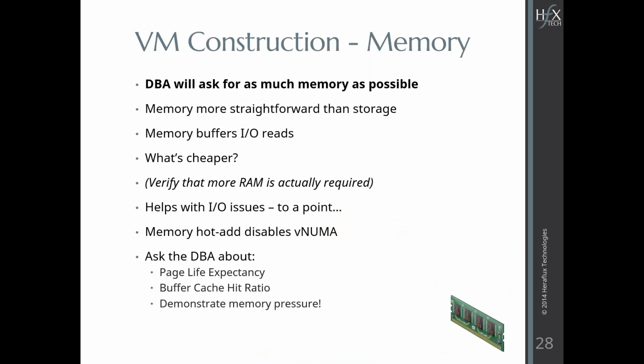Cool. Okay, so we talked about CPU. Memory is a lot more straightforward. Now again, DBAs are going to ask for as much memory as they can get. I like to say, give the DBAs what's actually needed, because it does help, and it is cheaper than a faster SAN. But you have to weigh that. You don't want to go overboard with it. You can actually ask the DBA these things: